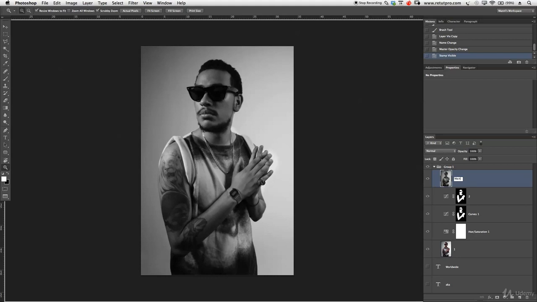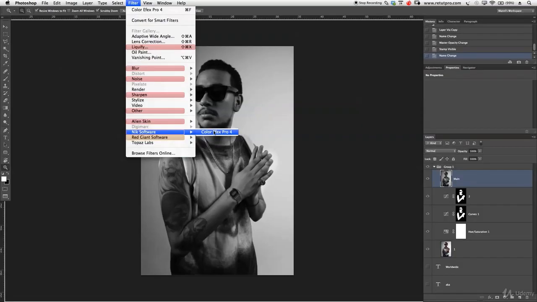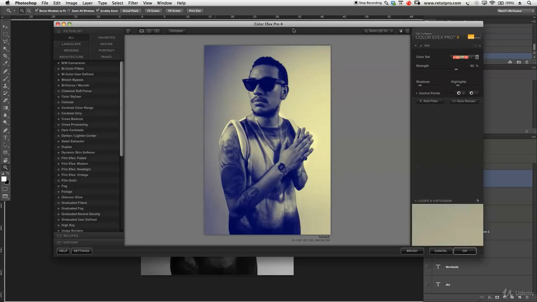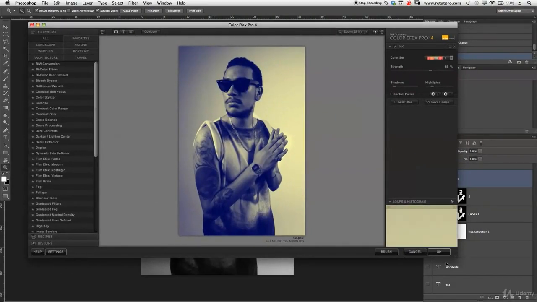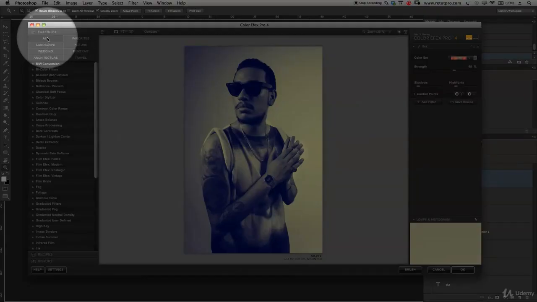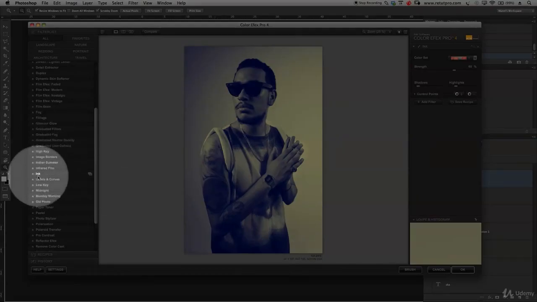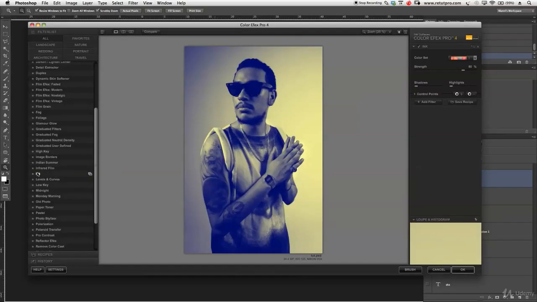So I'm going to write main now over here, so that's my new main layer, and take this layer into filter over here, and we're going to go all the way down to Nik Software Color Efex Pro 4. Okay, so the Color Efex Pro 4 plugin, Nik Software, has opened, and first of all what we're going to do here is switch our filters to all, and we're going to have a look for ink. So the preset ink over here on the left hand side, we have found it, there we go, ink,